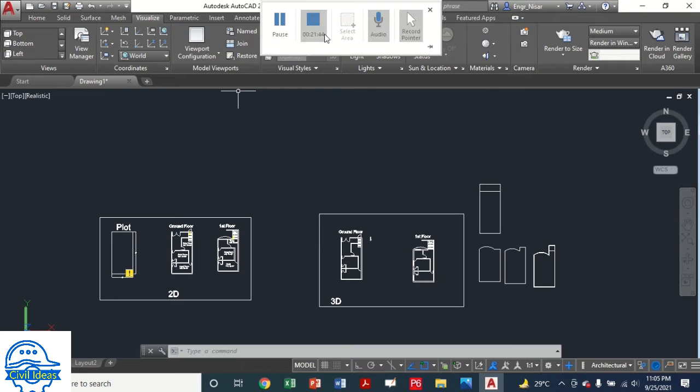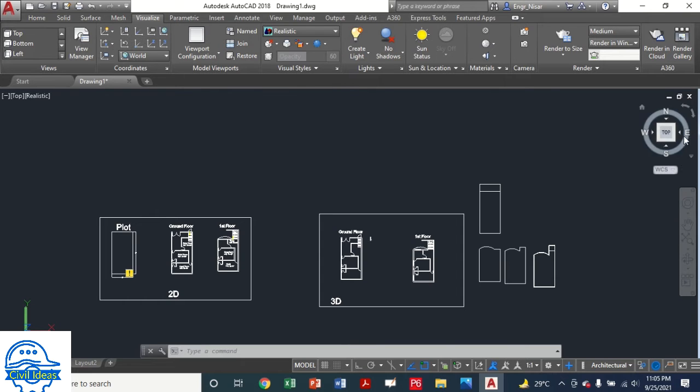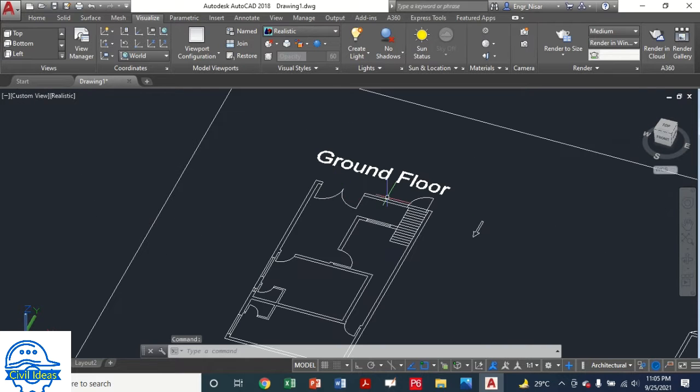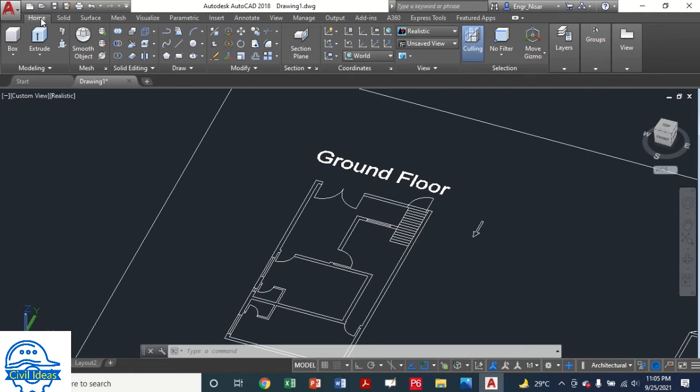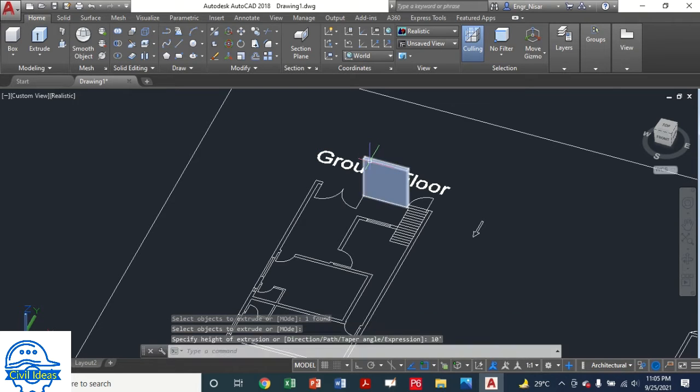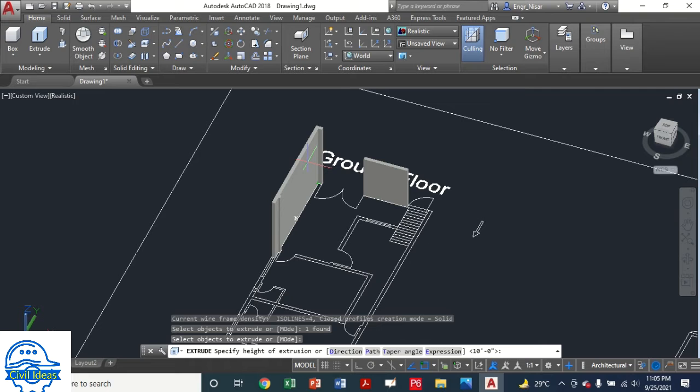Okay, so to be realistic, we are in realistic already. First we have to go to the ground floor, extrude, solid, extrude. For extrude you can also type EXT or simply EXT. So this is your wall, and 10 feet. Okay, also you can see it. So this line is perfectly at the point. Okay,